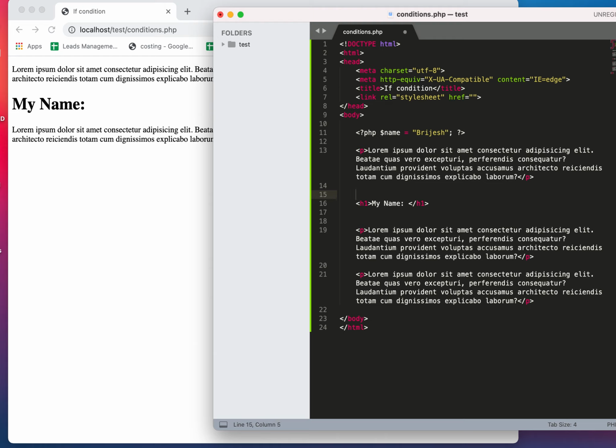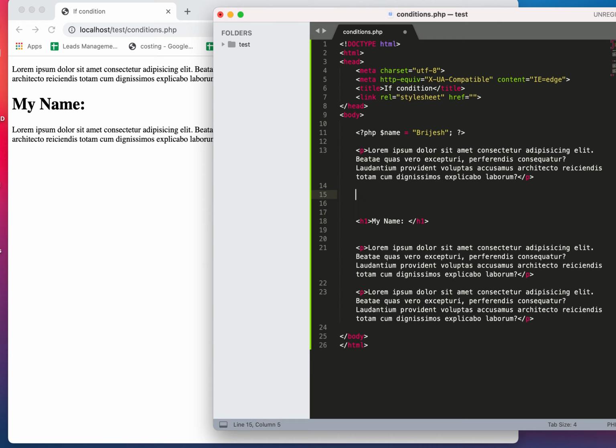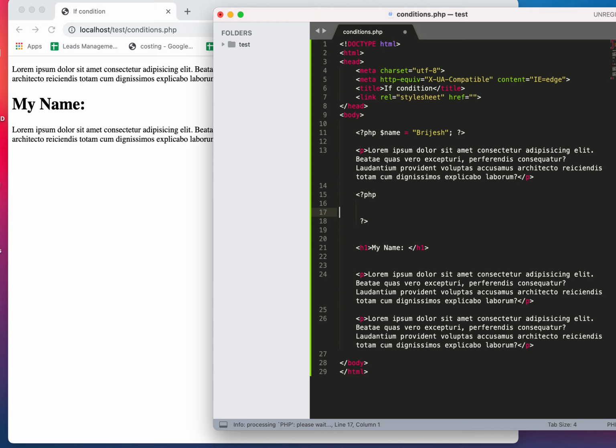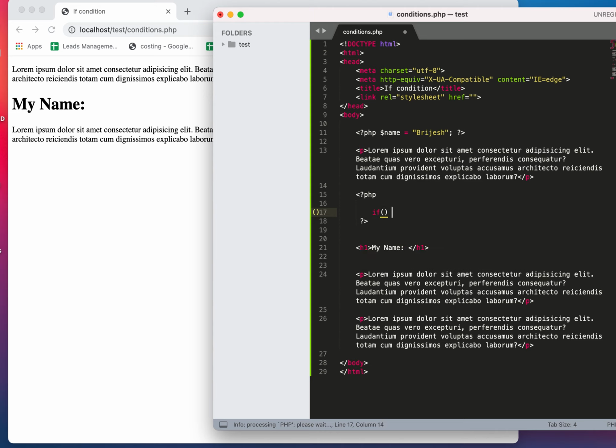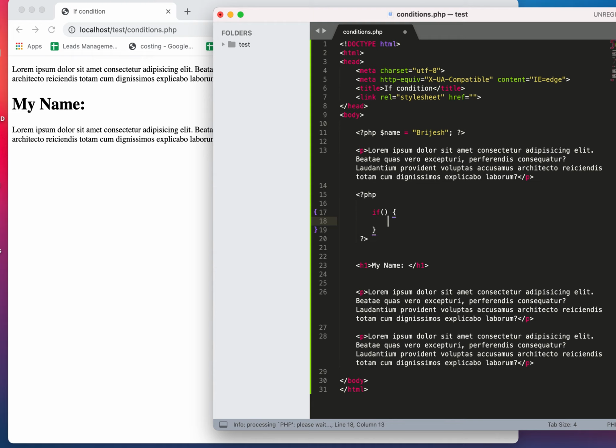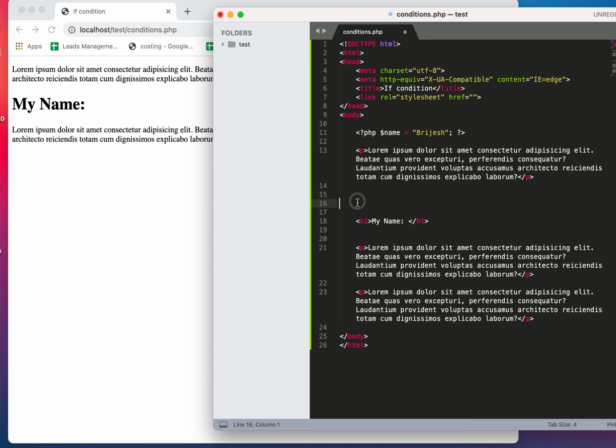Now generally, what is the syntax in PHP? PHP start and end. Now if condition, some statement and then execution. So over here it should be PHP start and end, PHP start and end.